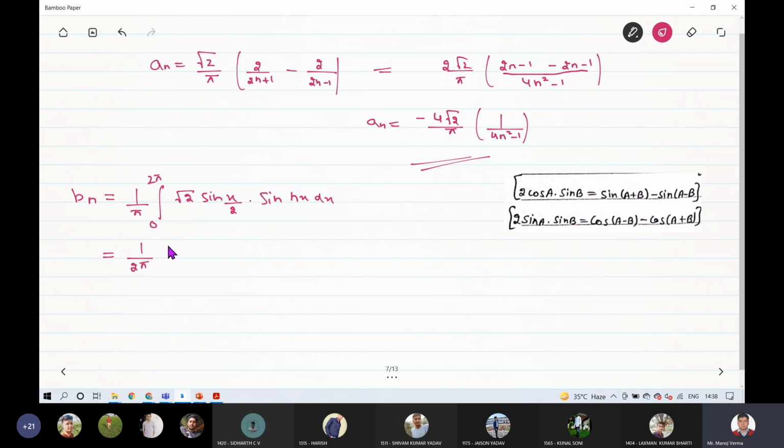It will be 1 over 2 pi. Okay, root 2 will be here, and it will be 2 sine nx dot sine x by 2 dx. So if I use this identity,